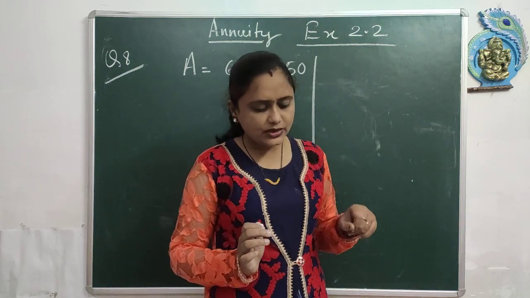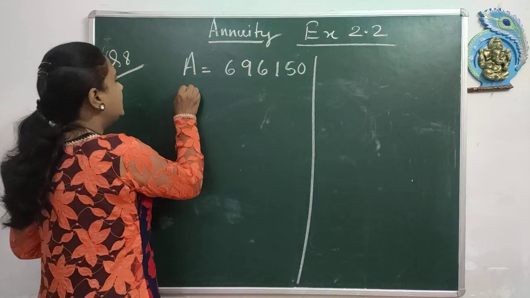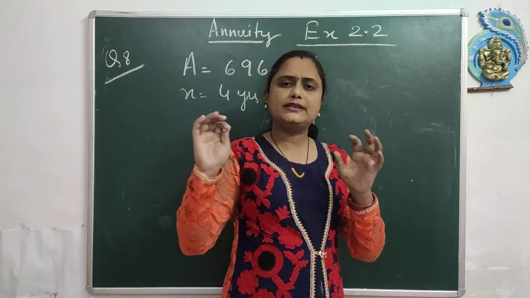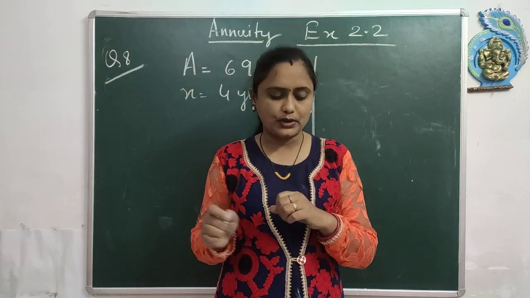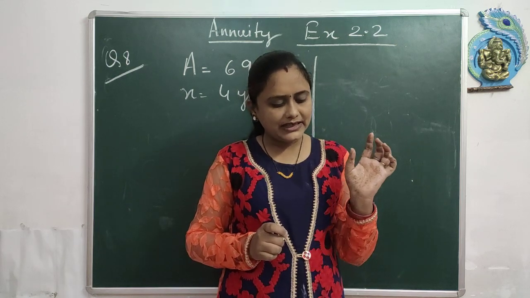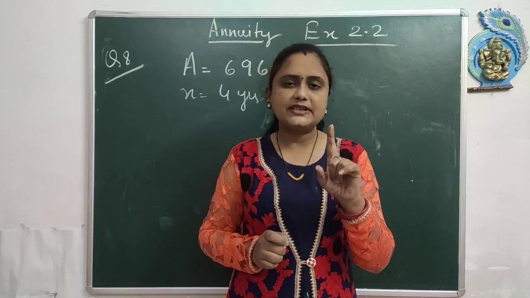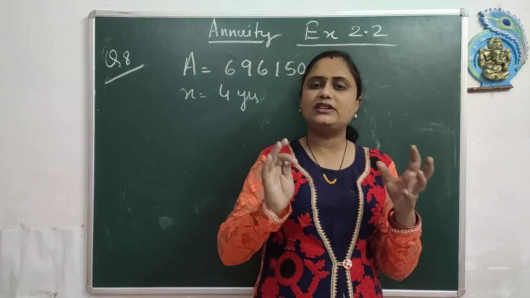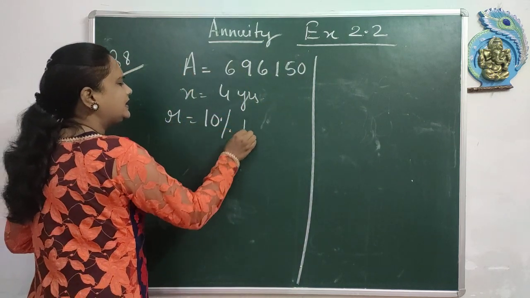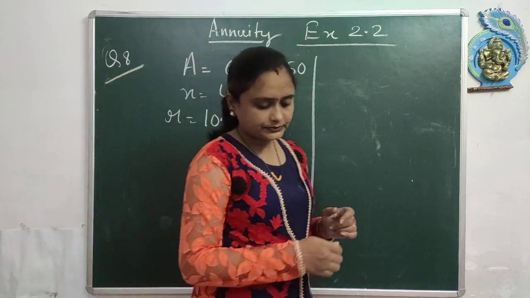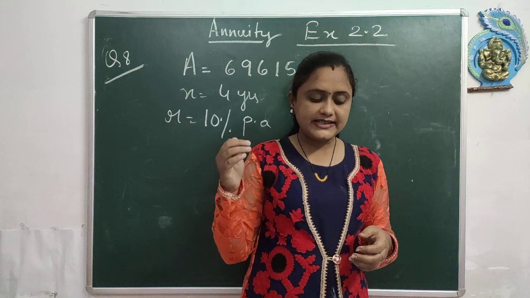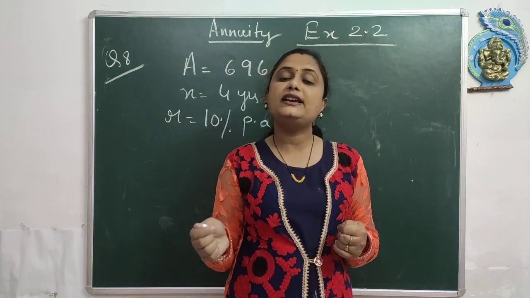Okay, he decides to invest a fixed amount at the end of every year. So n will be 4 years. Every year he wants to set aside, invest some fixed amount. So what is that fixed amount? It is in a bank that offers him interest 10% per annum. बैंक में वो deposit कर रहा है, जो interest दे रही है 10% per annum. So the rate is 10% per annum, compounded annually, obviously. What should he invest every year? हर साल वो कितना invest कर दे?